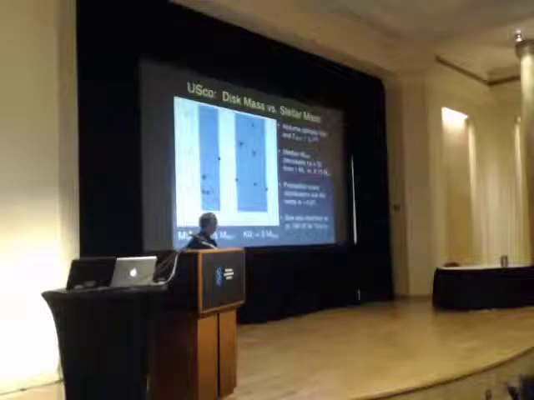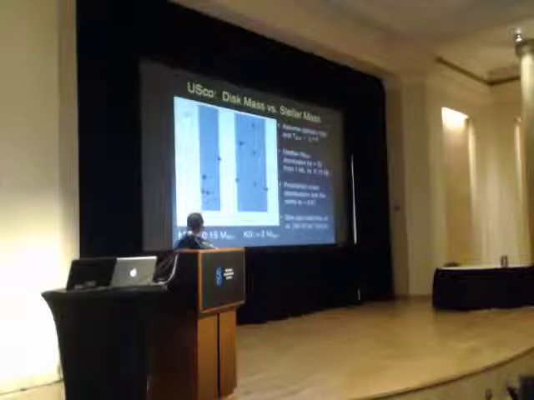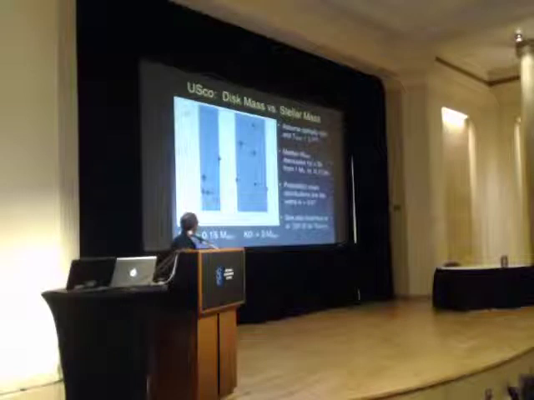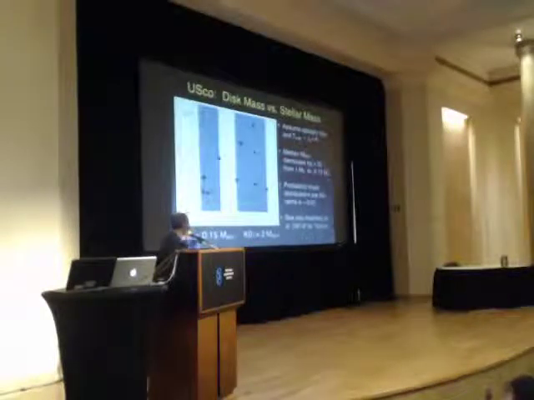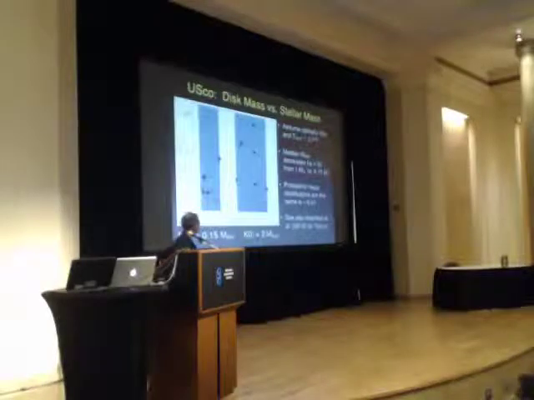But you can do more sophisticated statistics on the mass distribution of these disks in these two mass bins, and the probability that they have the same mass distribution is only about 0.01. So this is reasonably strong evidence that the mass distribution for the higher mass stars is different from the lower mass stars. And this is consistent with what's been found in Taurus, based on a more complete survey that Sean just published a week or 2 ago.